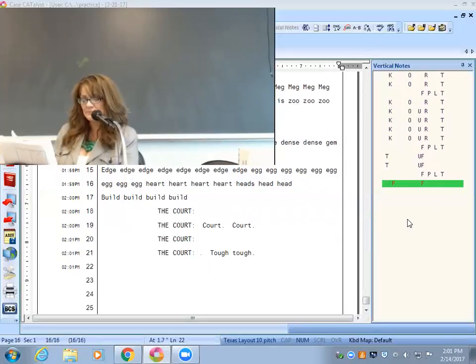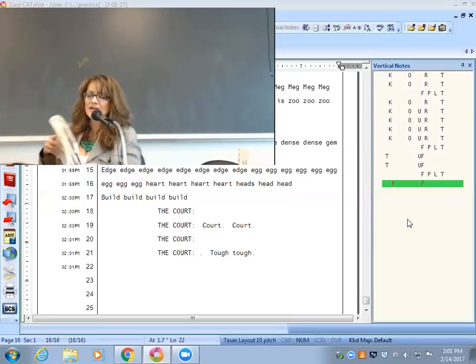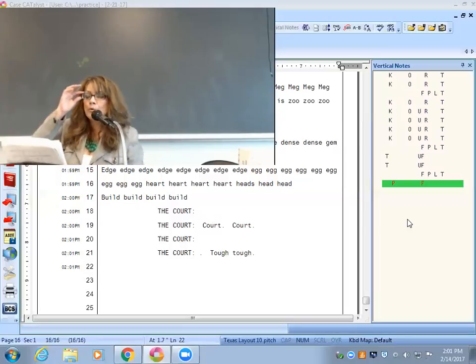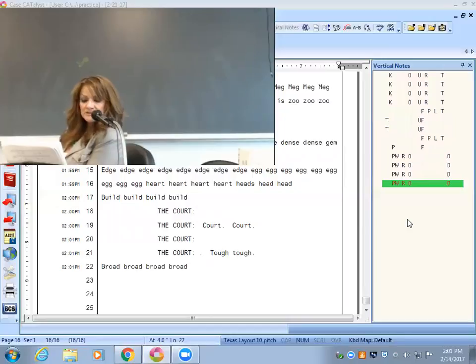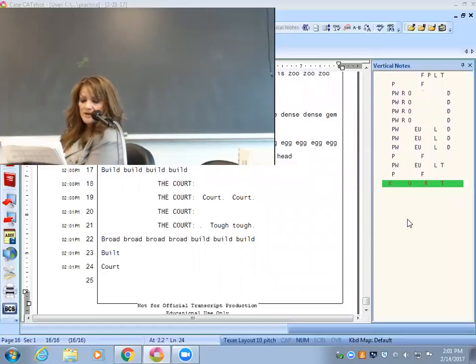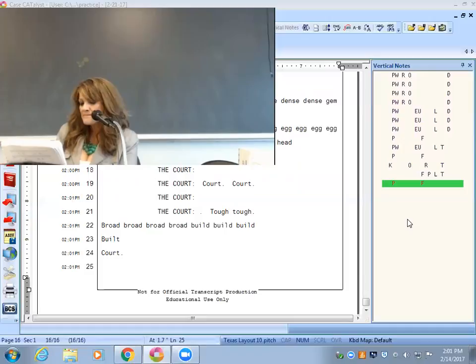And so this is unsounded vowels. And so on page 54, 12-1, you have a word exercise. And so you've got broad. So on broad, I'm just pronouncing the O. So broad is B-R-O-D, build, B-I-L-D, one stroke. Built, B-I-L-T, court, K-O-R-T. So notice that on 12-1, we're just writing the words and only the vowel that's pronounced, okay? So look at all those.